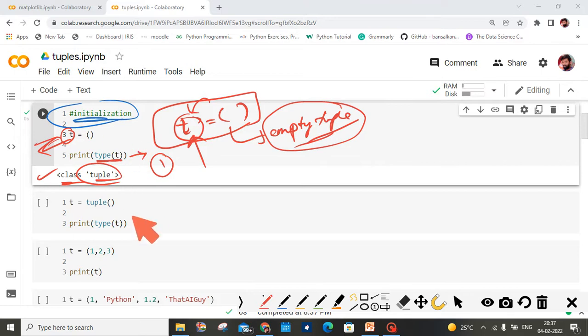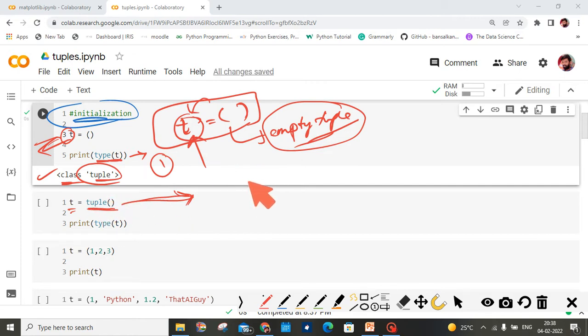Okay, we will see another way. We can use the tuple function. We can say it is a constructor also. This is one of the ways we convert the data type.